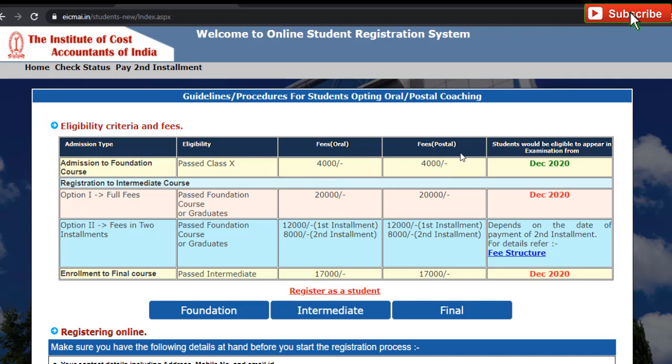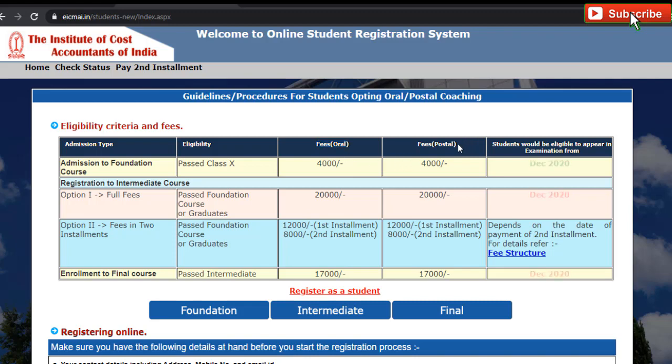Sir, what is this oral and postal? We don't understand that. Oral means you can take classes from the respective chapters as well. The CMA Institute itself provides classes to the students. If you have done oral registration, you can take classes from the chapter where you are registered.